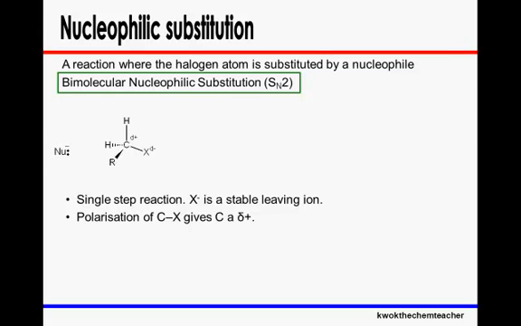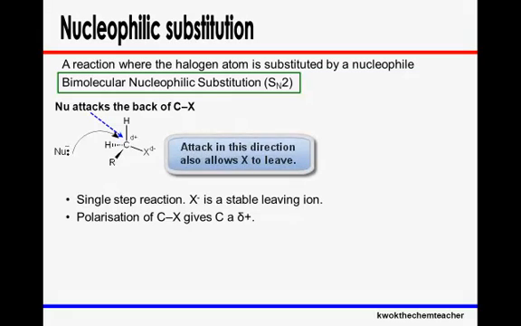A nucleophile is present and the nucleophile has a rich source of electrons. Its rich source of electrons comes from the lone pair of electrons which is available, and the lone pair of electrons on the nucleophile is attracted to the carbon which is electron deficient in nature. What happens here is that the nucleophile will only attack the back of the CX bond. In the mechanism for the nucleophilic substitution, the nucleophile will not attack in any other direction but the back of